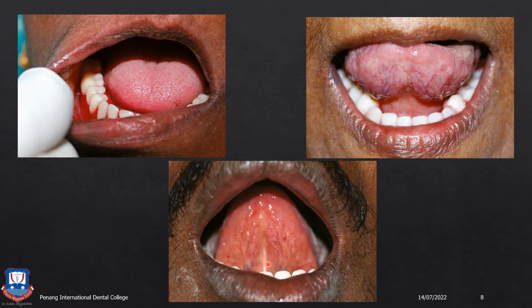You have to check for the lingual frenum relief, especially here in the Penang area. What I have seen in the past 2 months is that most of the patients have a very high frenum attachment, or something similar to a tongue tie. So you have to give extensive lingual frenum relief for the stability of the denture.